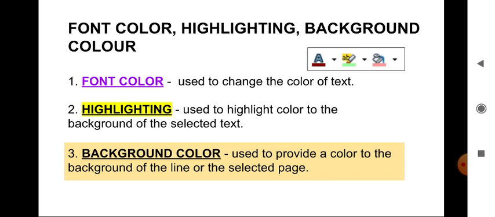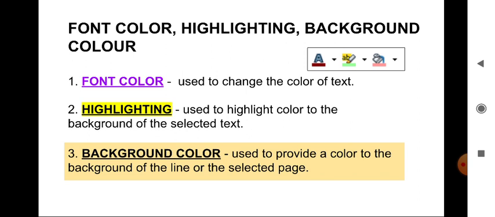The third option is Background Color. It is used to provide a color to the background of the line or the selected page. I have used this Background Color option in example 3 on this slide, where you can see I have highlighted the background of two lines.